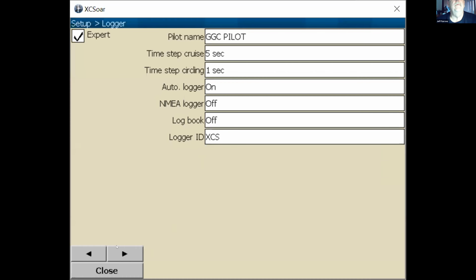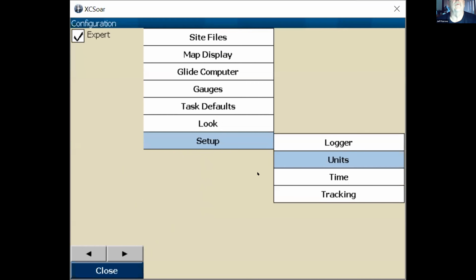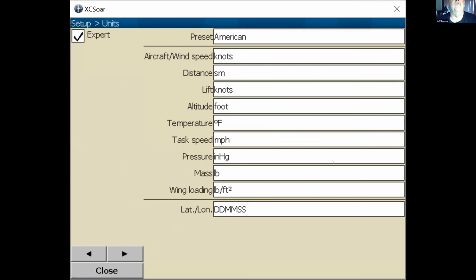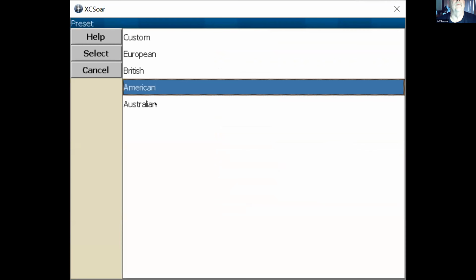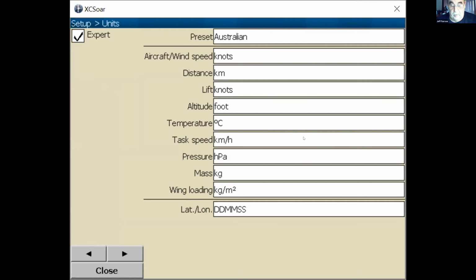Going back again, next one you need to set, if I actually go back to, so setup logger is units, and fairly simple. Australia is fairly unique, so if you set Australia, it'll set everything up there.